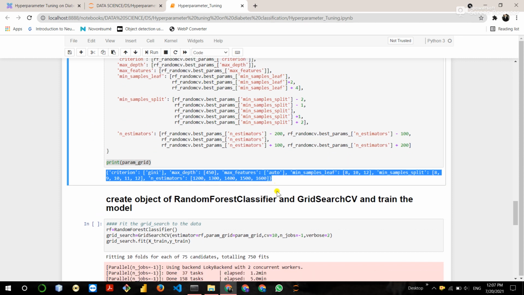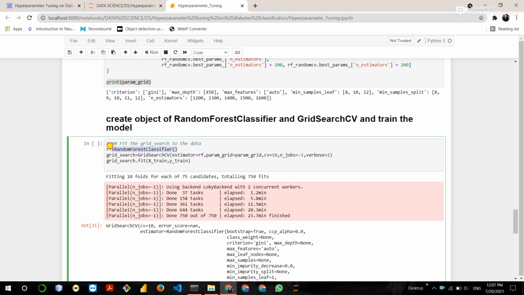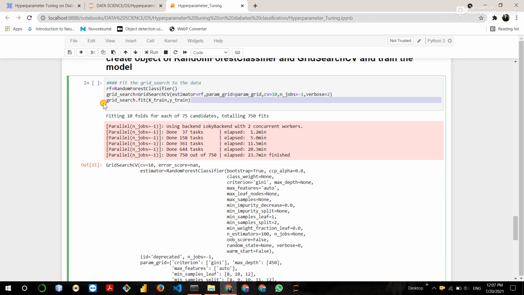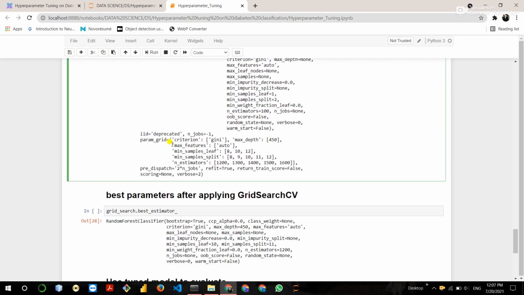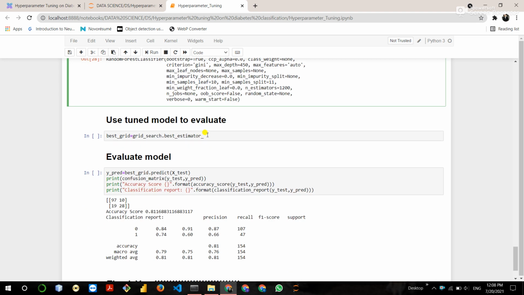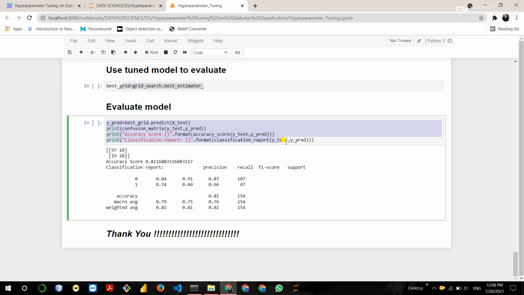This is my dictionary, and same as previous, create the object of the random forest classifier, create the object of grid search cv, which takes some parameters the same as the previous randomized search cv, then train the model using the xtrain ytrain. So you can see the best estimators. Take a model with the best estimators and evaluate the model using the best parameters.